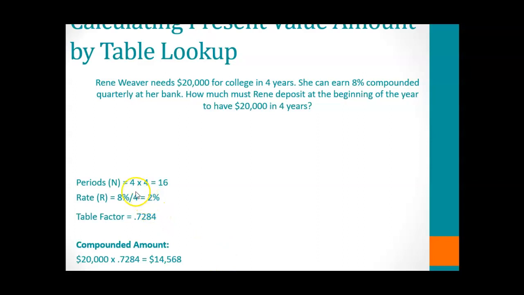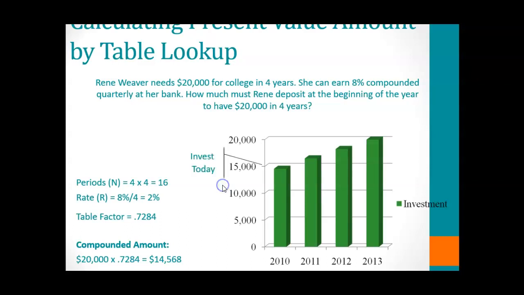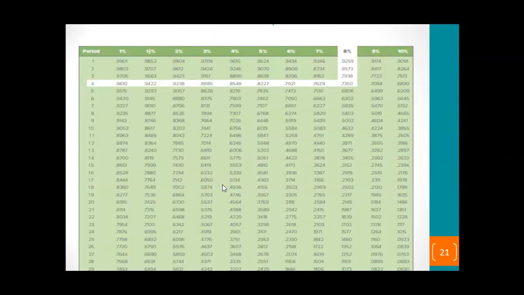So our factors are going to be 16 is our n, our rate is going to be 2. Going to go to our present value table, look up 16 as my n, and my rate being 2%, so that's right here. That gives me a factor of